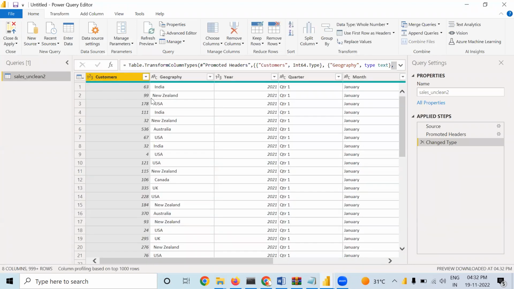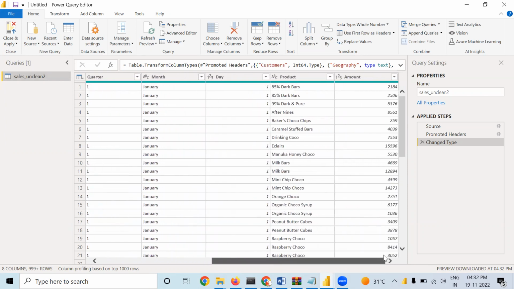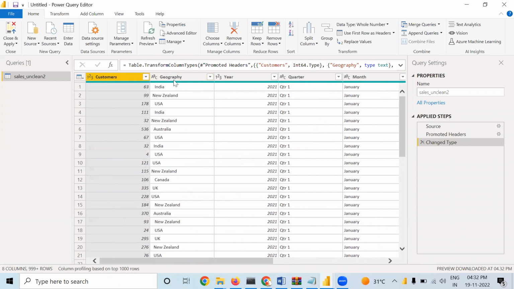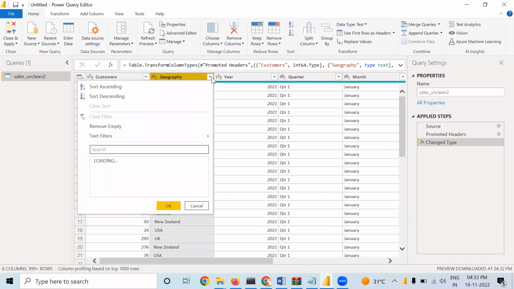Now you can see here customers, this is okay. Whole numbers are the data types and this has ABC. Everything is okay regarding years, quarters. No problem with it. Okay. But in case of this geography, are you able to see some issues within it? Yeah, there are spaces in front of the country. So when you check for the